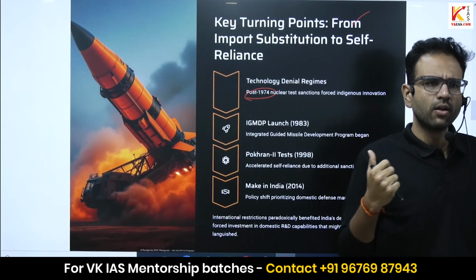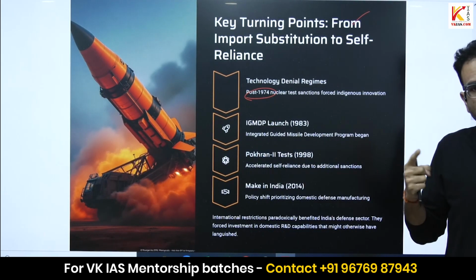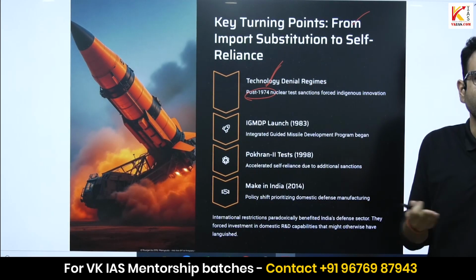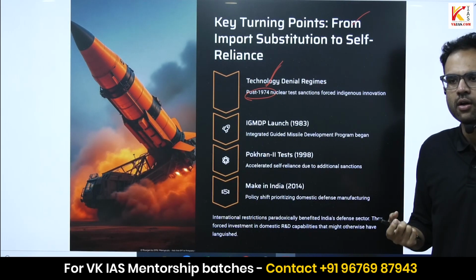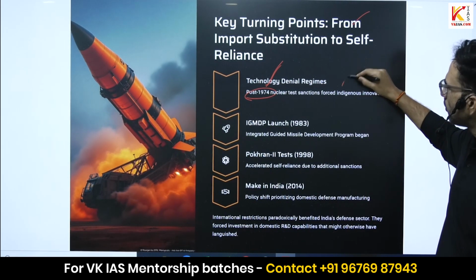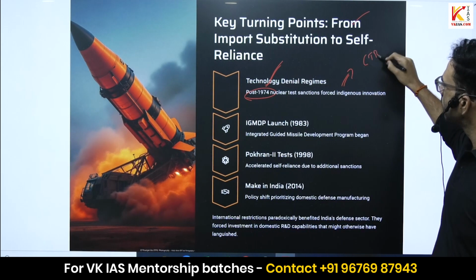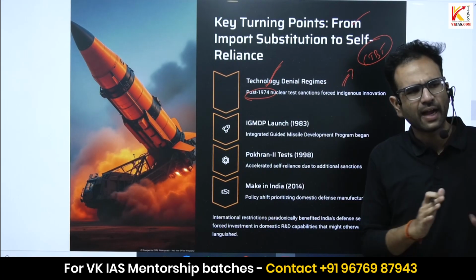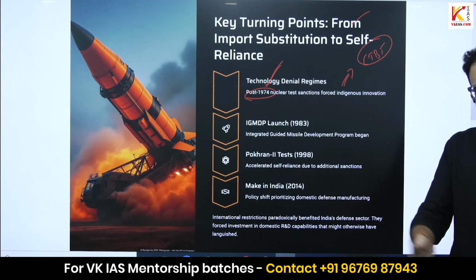So after, when did Operation Smiling Buddha happen? The first nuclear test. So back then we have had some restrictions in form of, okay, you will have to know a lot of treaties like Comprehensive Test Ban Treaty, which came much later again. Okay, I'll tell you the brief background here because we can't go in depth.